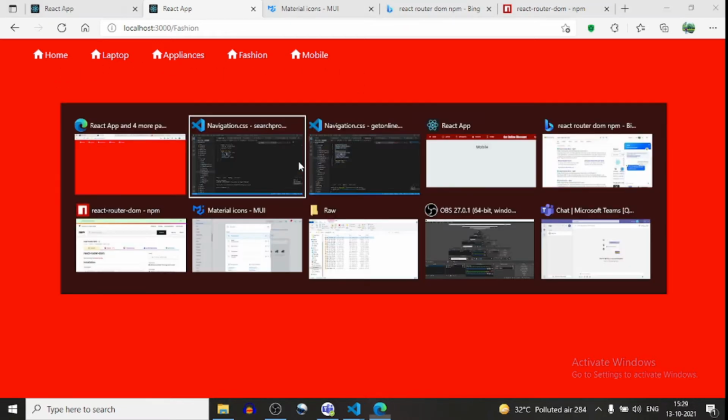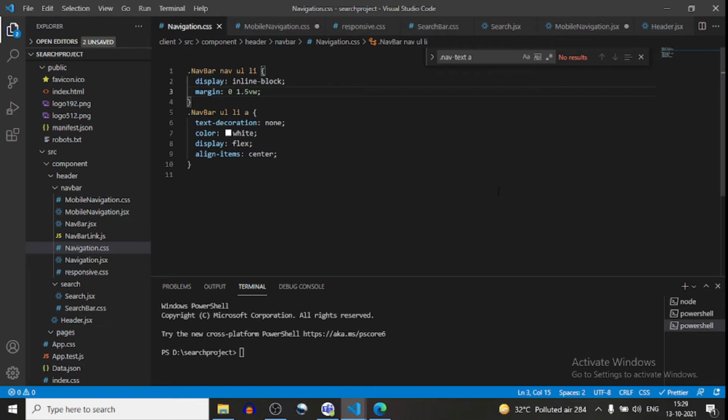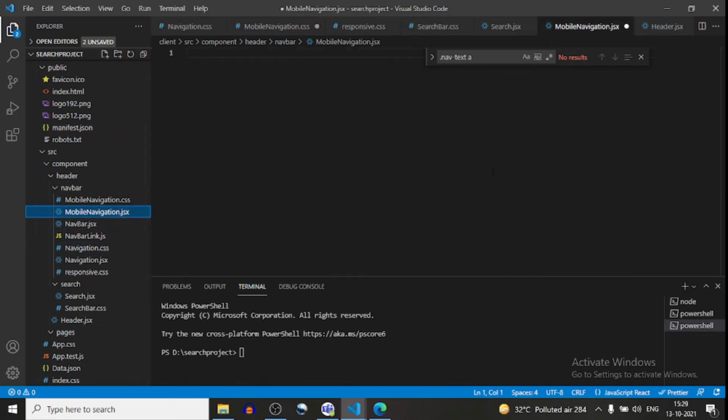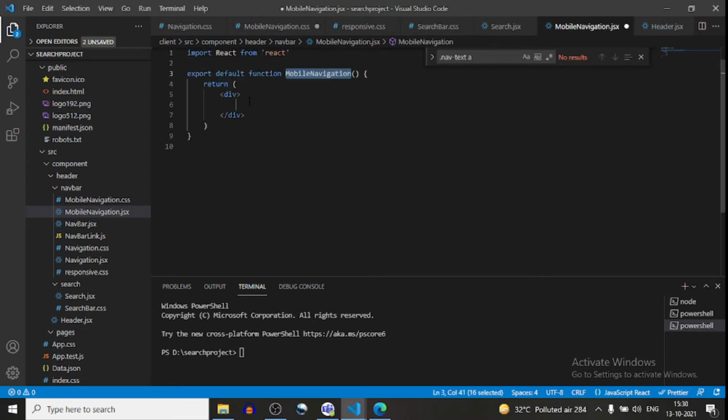Now we have to work on mobile navigation.jsx. In mobile navigation.jsx, first I will create the stateless function, and in this stateless function I will create a fragment.